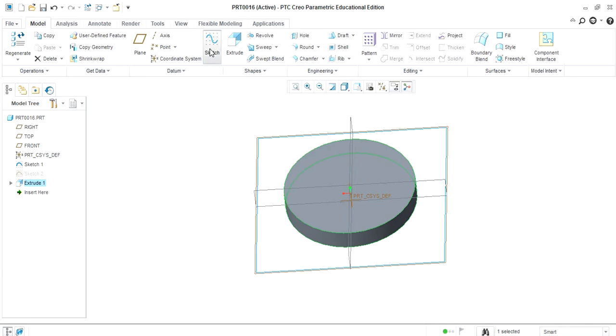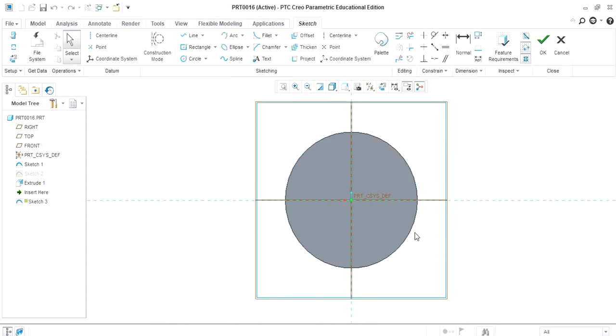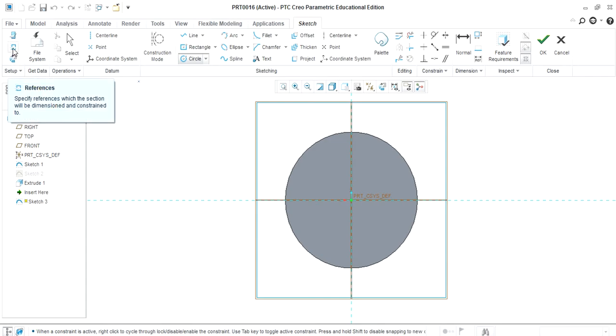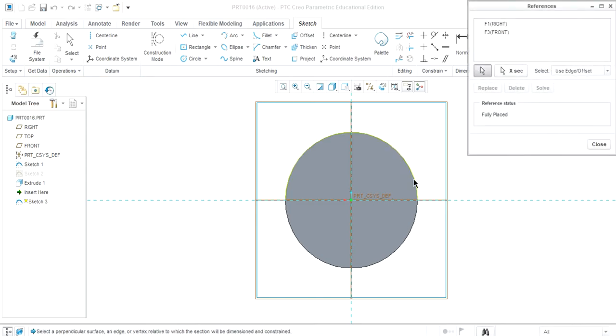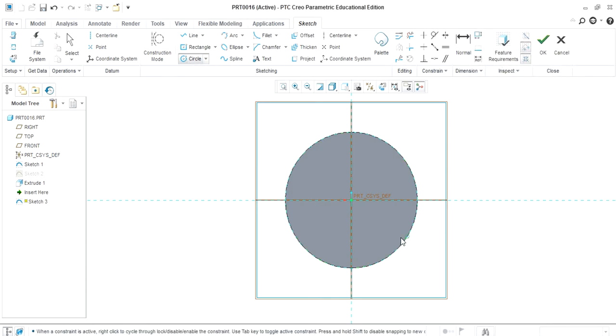So click on the sketch, select the plane. Here I want the pattern of the circle on the circumference of the base circle. So that's why here I will select the reference of the outer circle. Click on OK. Then click on the circle. Here I will take the circle option. The radius I want as 80. Then click on OK.